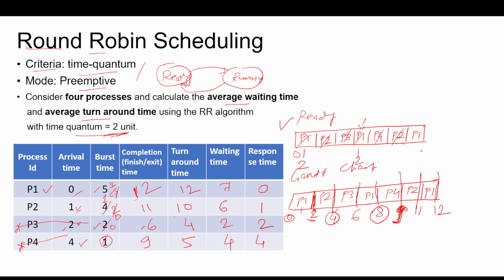And obviously the average waiting time and average turnaround time: just add these numbers and take an average. So for average TAT, 12 plus 10 plus 4 plus 5 is equal to 31, divided by 4. Whatever answer you get, put your answer in the comment box in the form of units. So 7 point something units will be the average turnaround time. Similarly, the average waiting time is also the same. 7 plus 6 plus 2 plus 4